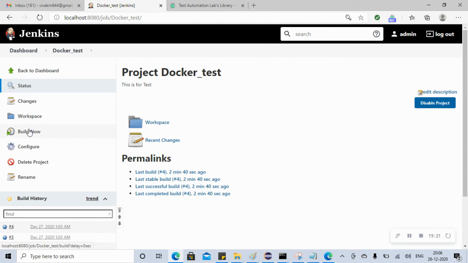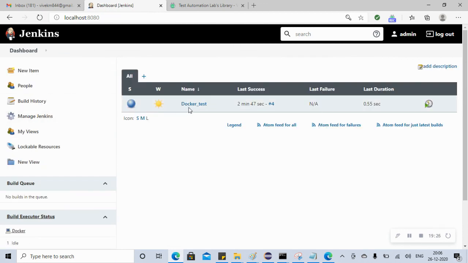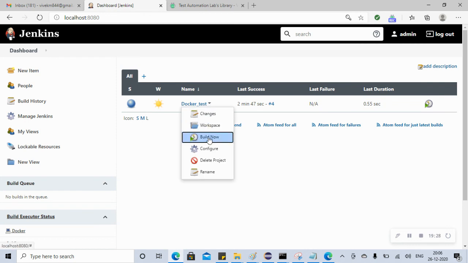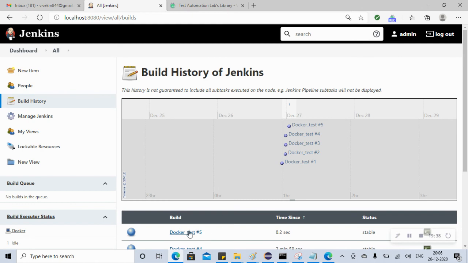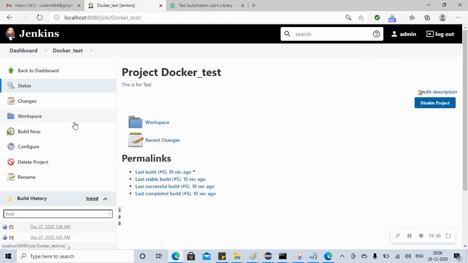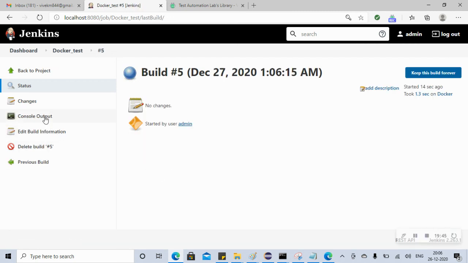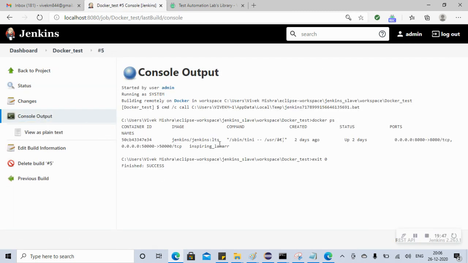Now let's go to the dashboard. So we have it here. Let's build it again. Build it now. So I think it's done. Now let's go to the build history. This one. Let's see. Okay. Console output. Yes. So now if you see, this is successful,